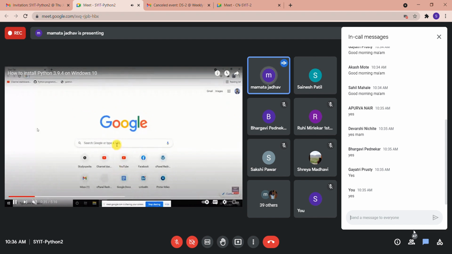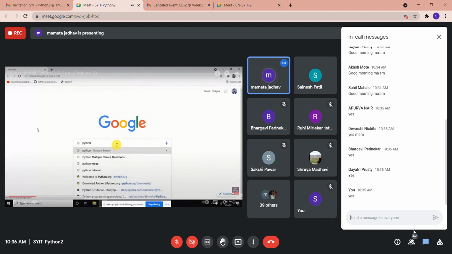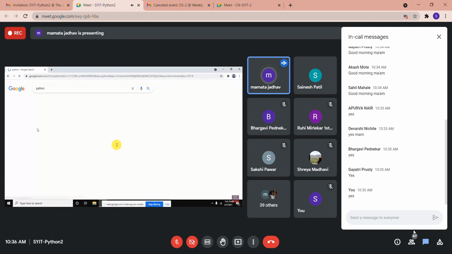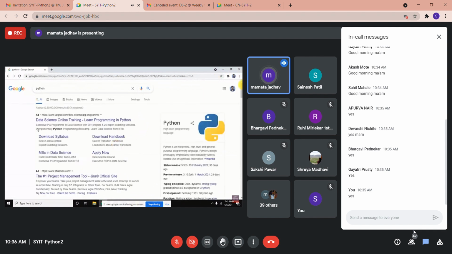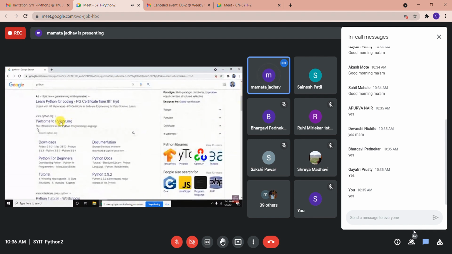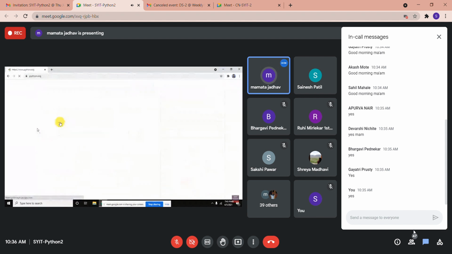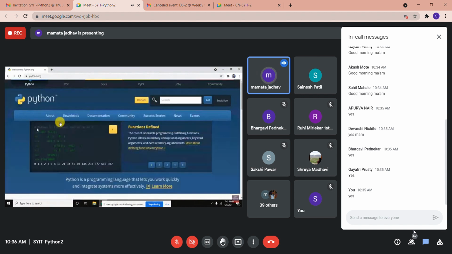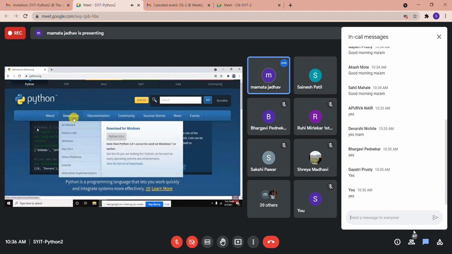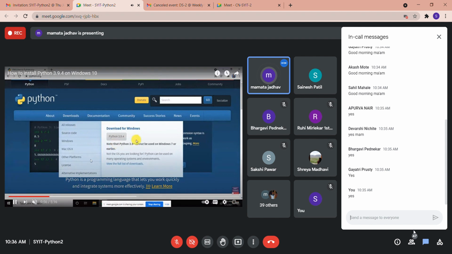Okay, so in address bar or in Google search window, you have to type Python, and then you have to select the website www.python.org. Now in downloads section, you will get the latest version of Python.